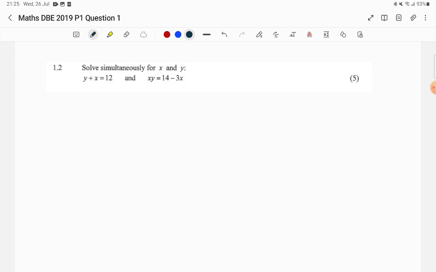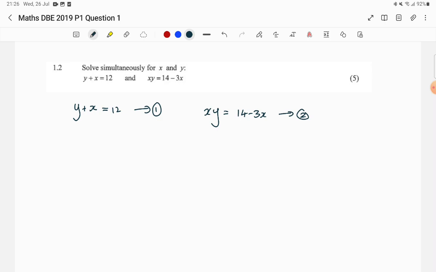you need to create a third equation. So let's write this in a way that we can understand. So I'm just going to rewrite these things. All right, so this is equation 1 and xy is equal to 14 minus 3x, equation 2. So the one that's easiest to change or to get a third equation out of, because here we